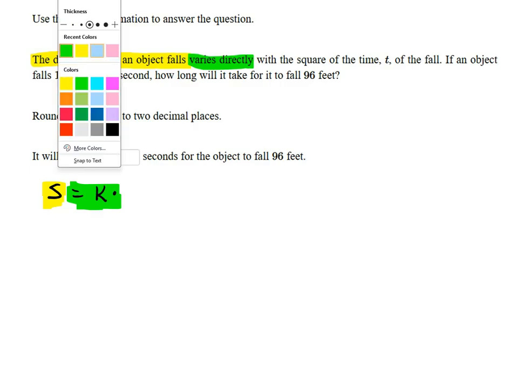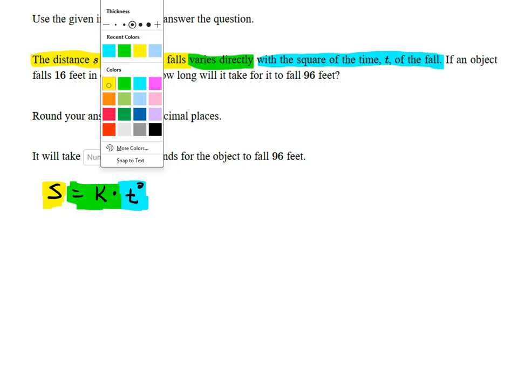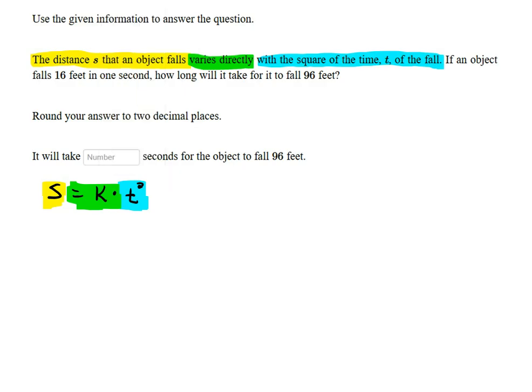And it varies directly with the square of the time t of the fall. So square of t, so that's t raised to the second power. Then it goes on to say, if an object falls 16 feet,